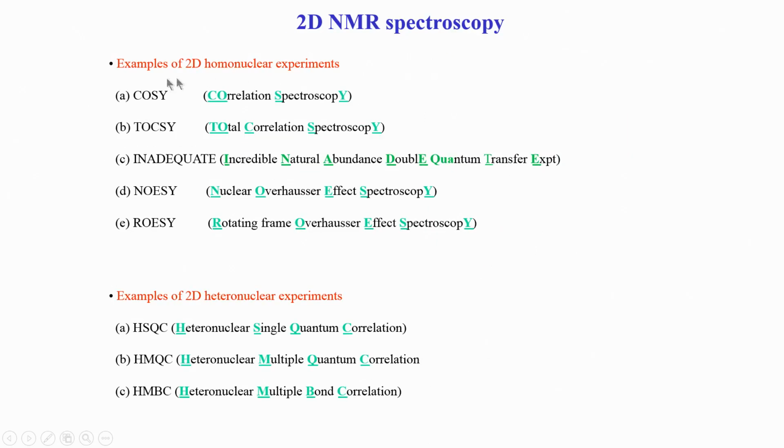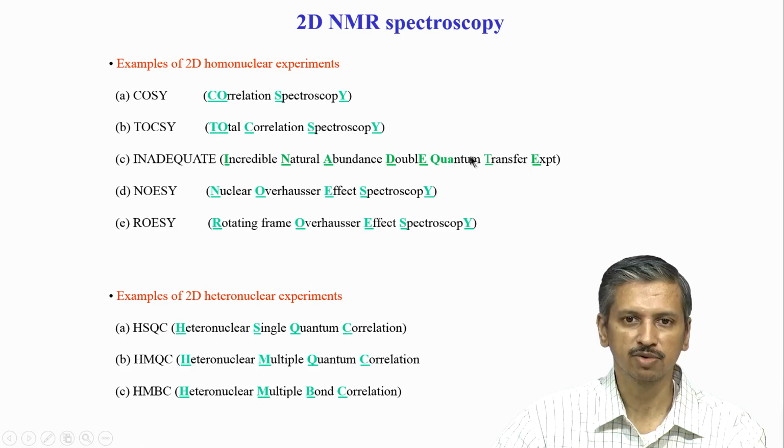So, these are the set of 2D NMR experiments which we will go through in this course. We will not be able to go through all of them though. COSY and TOCSY are something which we will see. INADEQUATE is something not normally done in biological samples, so we will not go through that; it was covered in the previous NMR course. And NOESY and ROESY are very important for us because the entire structure determination of proteins depends on the NOESY experiment. ROESY is not so much done for proteins, it is mainly for peptides, but we will still go through it and get the feel of how these experiments work.